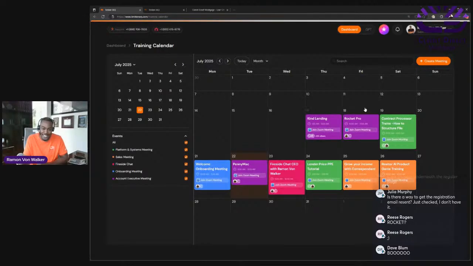Training calendar, the training calendar. So I'm super excited about this because of the fact that so many of my loan officers are asking about training. I don't care if it's onboarding all the way to different lenders having their products that they want to share. So really follow me here on this one, okay? Because this is where I really want to interact and participate with the account executives that are interested in doing this. Now, many of you have reached out to me and said, hey, Ramon, will you please resend my Zoom link so I can get your loan officers to attend my meetings?